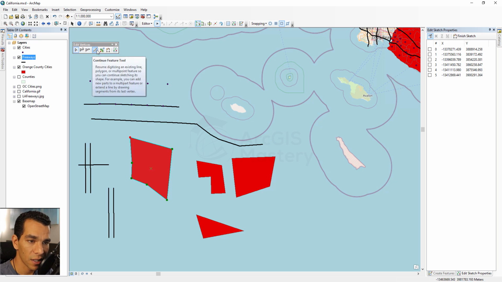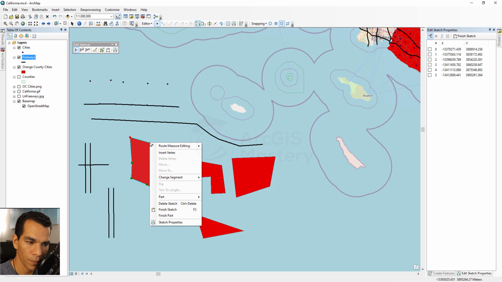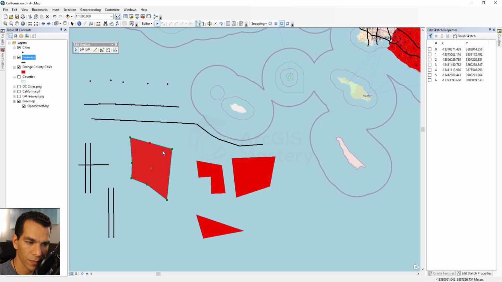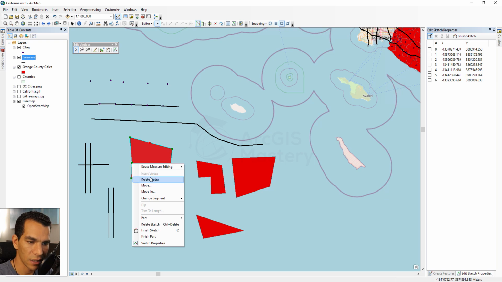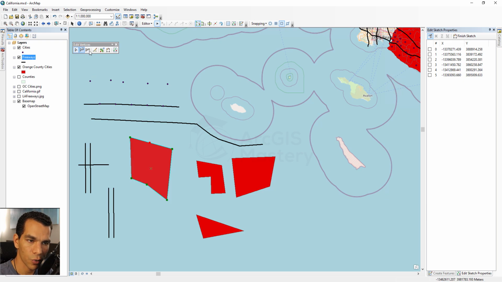Also keep in mind that this option here is very accessible when you do the editing. So if I have the editing option here, without using these tools right here, I can come here and right click on the line and say insert vertex, or I can choose a vertex, right click on it, and I see delete vertex. So these are the options we have here, and I can insert the vertex and I can move it,